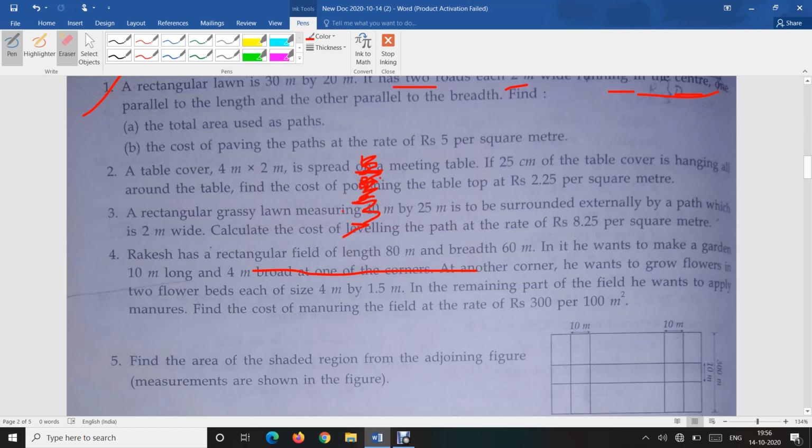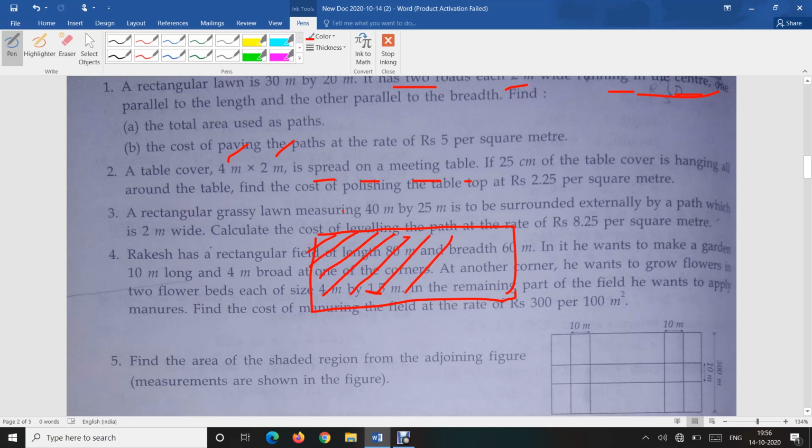Question number 2 says that a table cover, whose length is 4 meter and breadth is 2 meter, is spread on a meeting table. Obviously the meeting table is also rectangular in shape. If 25 centimeter of the table cover is hanging,